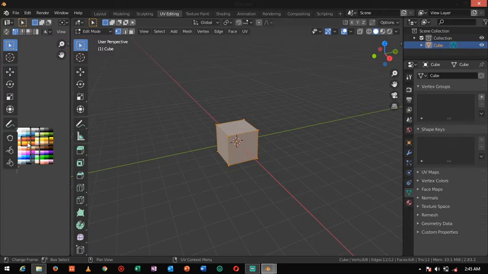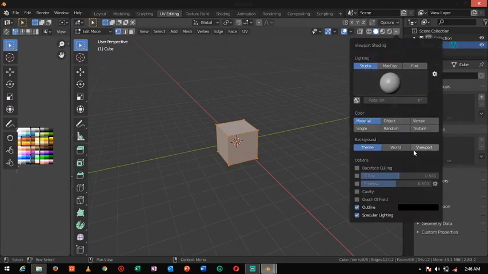For selecting all things at one time, you can use A. If you want to change the full color, press A, it will automatically select the full cube. Then go here.